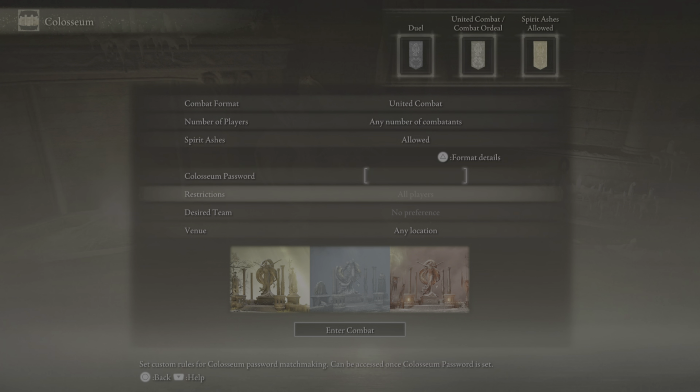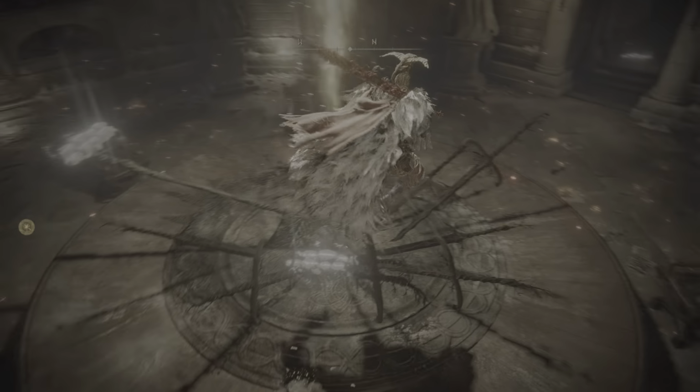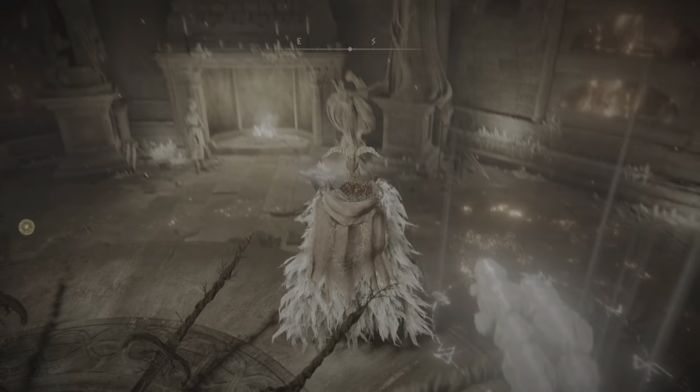Yeah. So there's just a bit of... it's so much finicky little bullshit. The problem is the way that they structured the Colosseum and the options and the specifications for matches is very, very poor. Whether they could implement actual lobbies where you can actually see who's actually looking for a match,